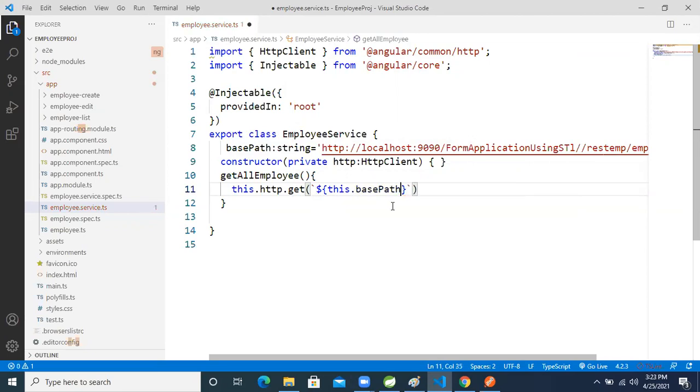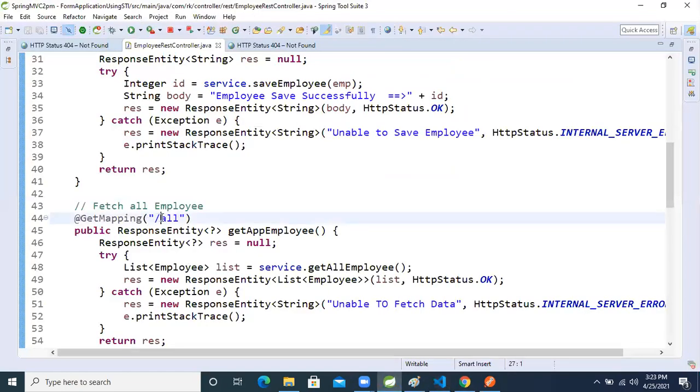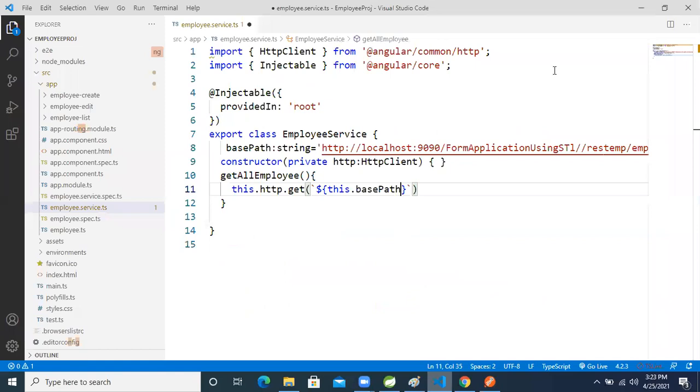After that, what is the URI of the endpoint? Slash all. This is our request that we need to make.